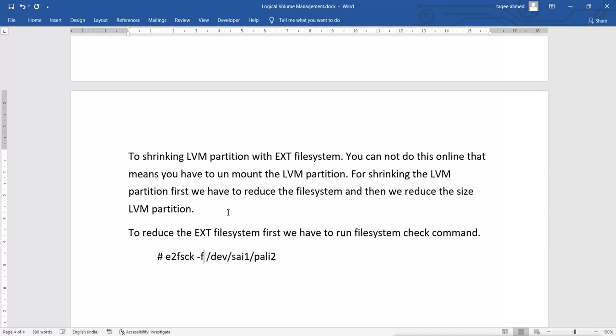And with F, it will forcefully check your file system. And after this, we can run the command to reduce the file system, that is the ext file system.